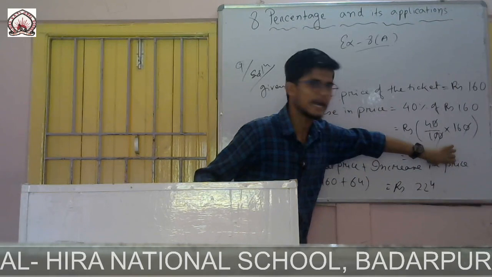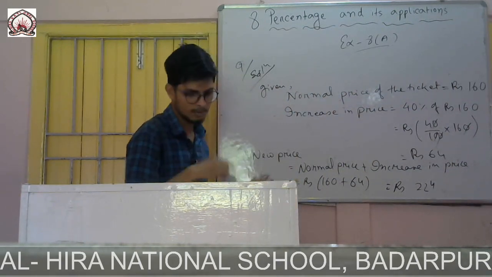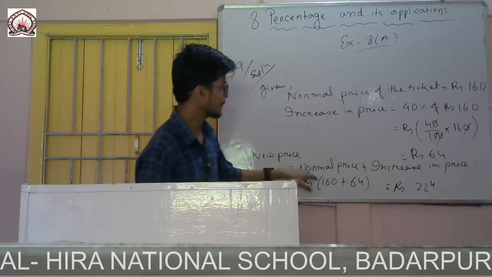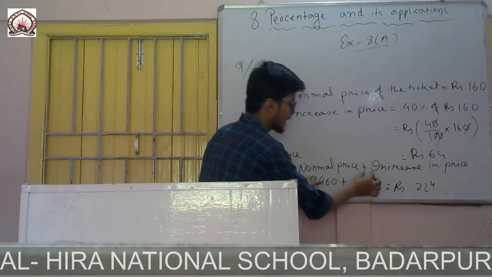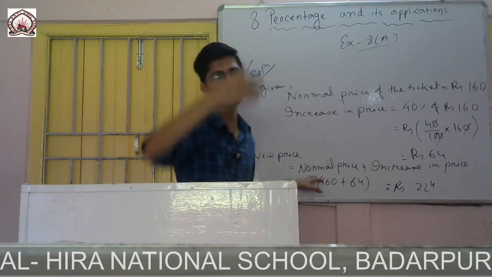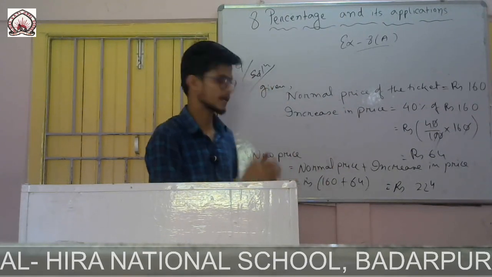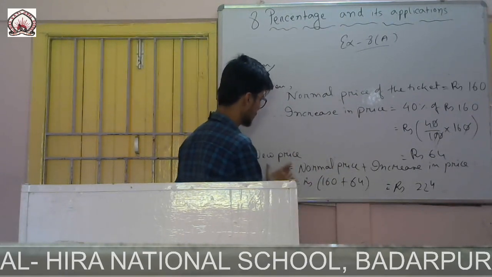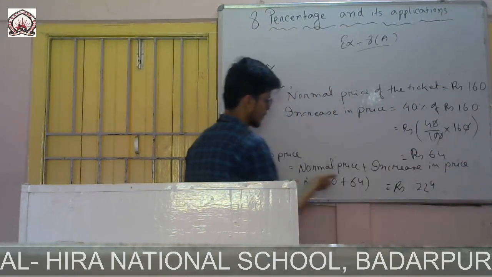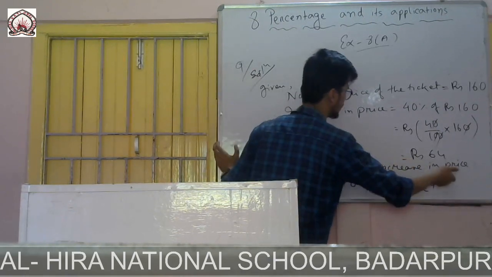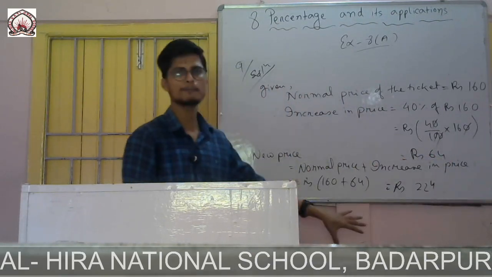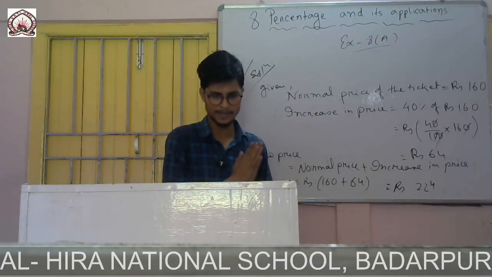Then you solve, you will get a value. The last line you will write that therefore new price will be equal to the original price. There I wrote plus because the question was to find the increase in price. Increase means positive, that means we have to add. Decrease means subtract. So new price equals original price minus decrease in price. Then you simply put in the values and you will get the answer. Same way you do it by yourself.